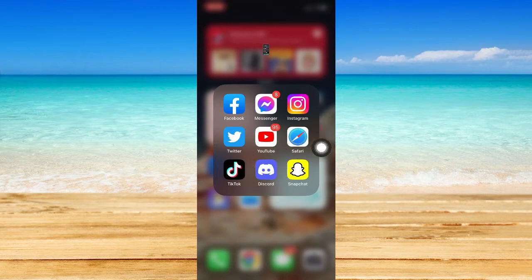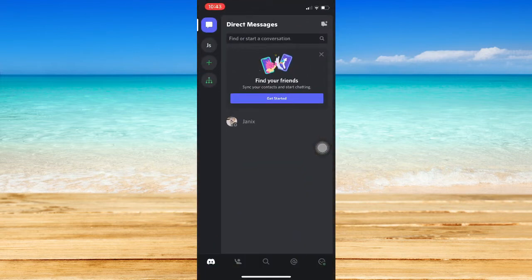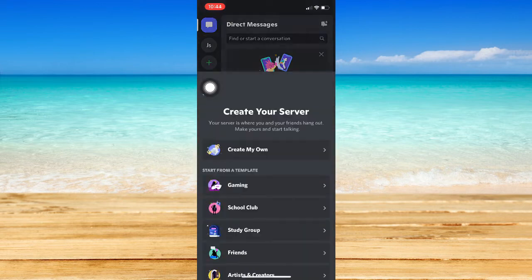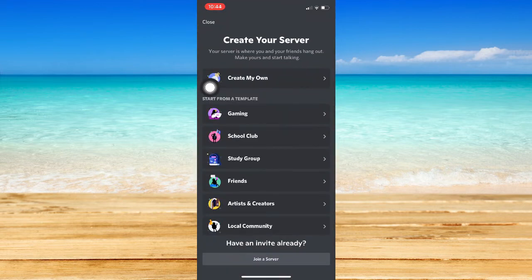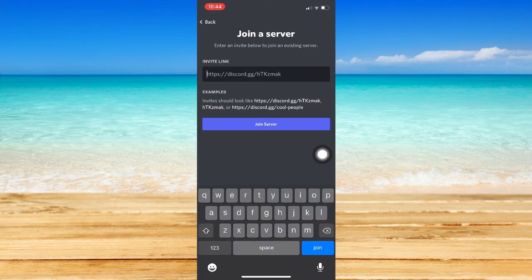You just simply make sure first that your Discord app is up to date, and once you have updated it, simply open it. And then, once you are on the Discord app, what you're going to do is to simply press on the plus button right here. And then, click on Join Server found on the bottom part of the screen. And then right here, it says Invite Link. However,